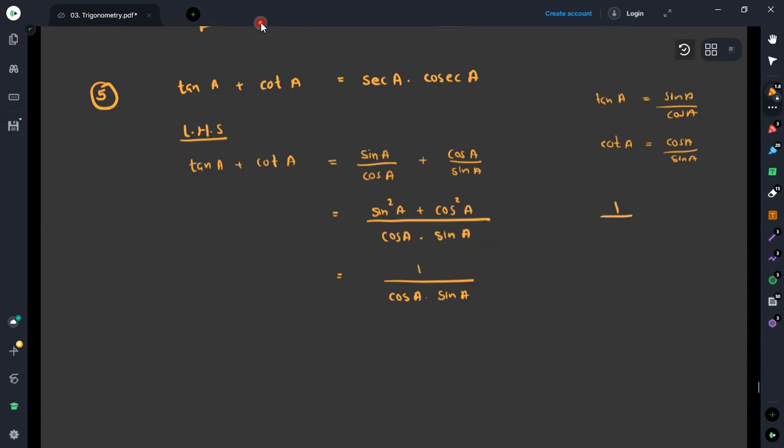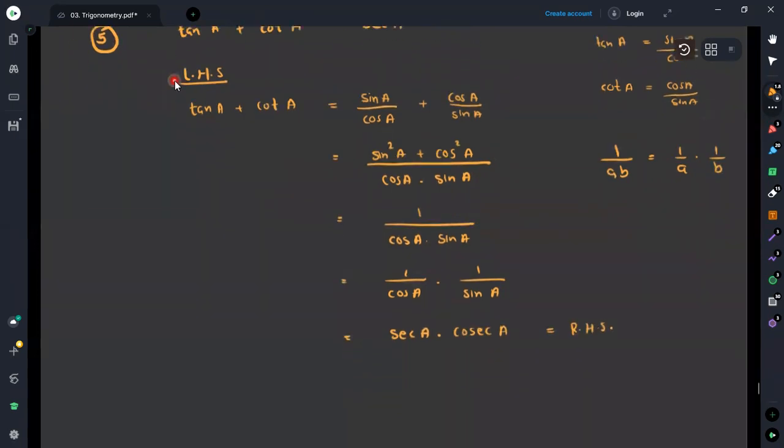We know that if we have 1 over A times B, then this can be taken as 1 over A times 1 over B. Therefore, instead of 1 over AB, we can write it as 1 over A times 1 over B. Using that concept, I will write this as 1 over cos A times 1 over sine A. It is because we can simply convert it into sec and cosec easily. Therefore, 1 over cosine A is equal to sec A, and 1 over sine A we can write as cosec A. And this is equal to the right hand side of the equation as well.